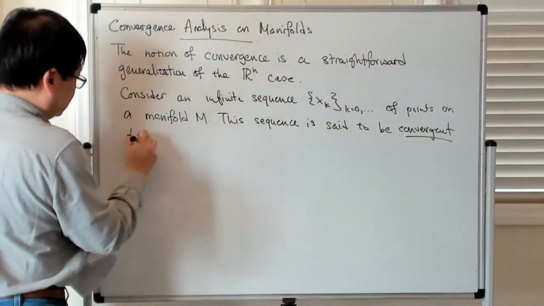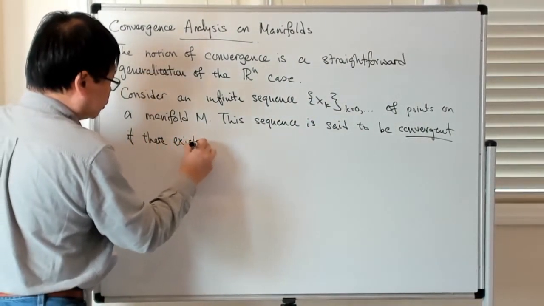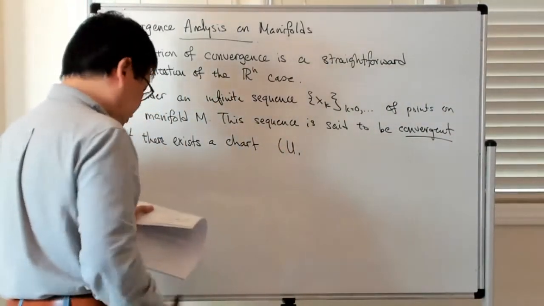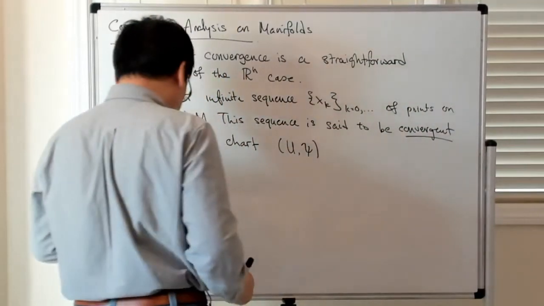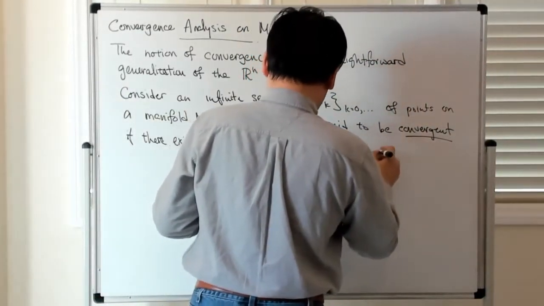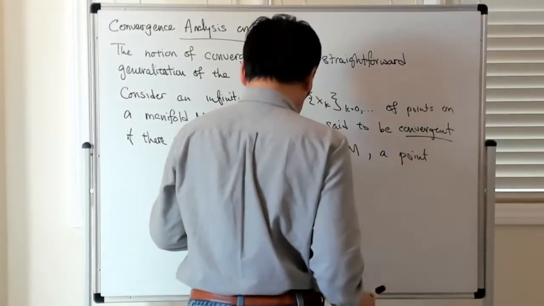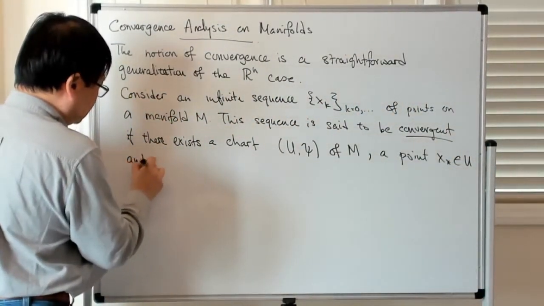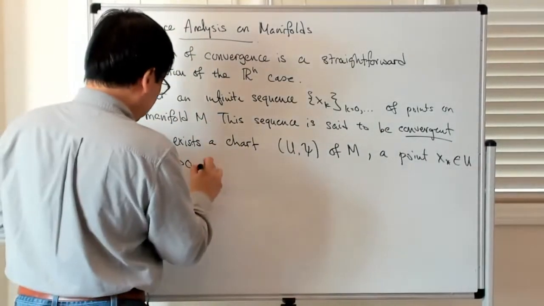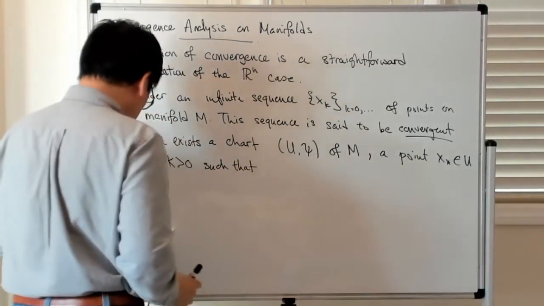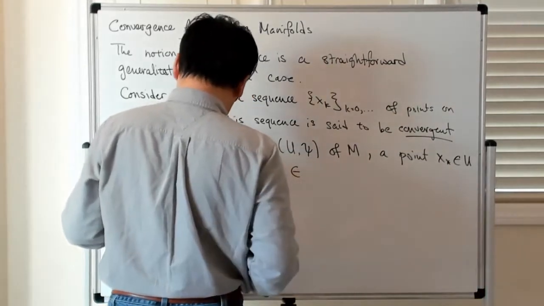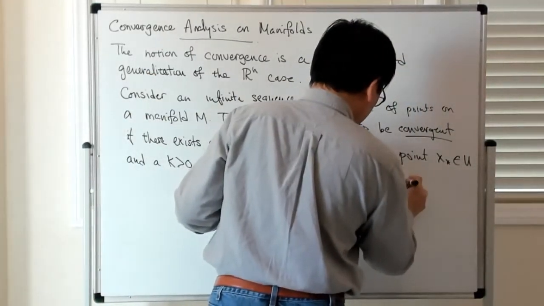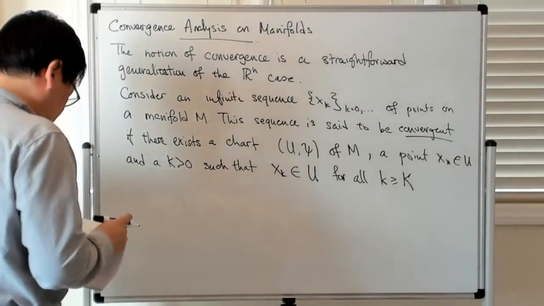if there exists a chart, with an open set U where the domain of definition of the chart is, and the function of M, and a point, let's say x star, which is in the domain of the chart, and a K greater than 0, such that xk is in U for all k greater than or equal to this critical value of big K, and